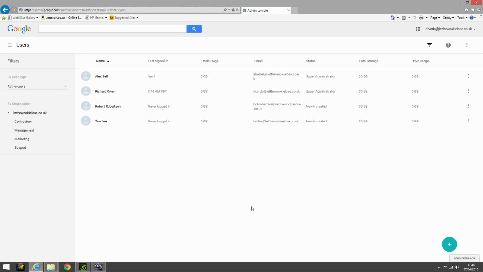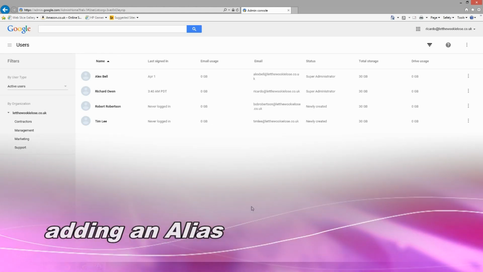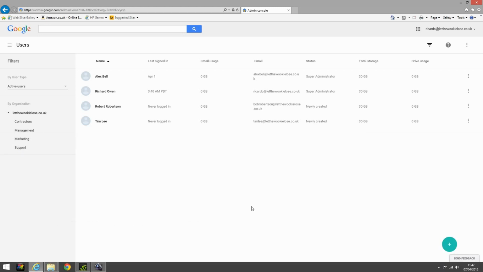We can go back to a point we alluded to in a previous section, which was the creation of an alias. As you remember, the user Robert Robertson was originally called Bob Robertson. Now he's come back to us and said, no, my Christian name is Robert and I want to be known as Robert. No problem, although it has been a couple of months since he joined the company and people are used to emailing him at bobrobertson@letthewookieelose.co.uk. So what we thought we would do is go into this user account